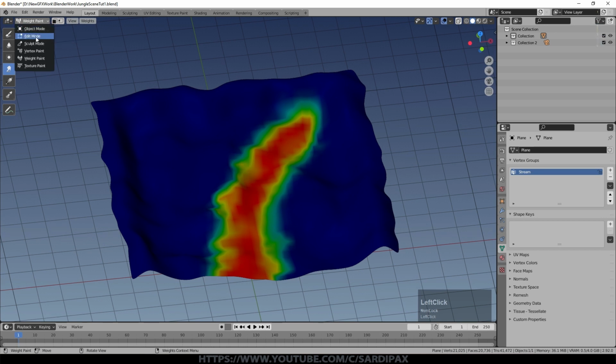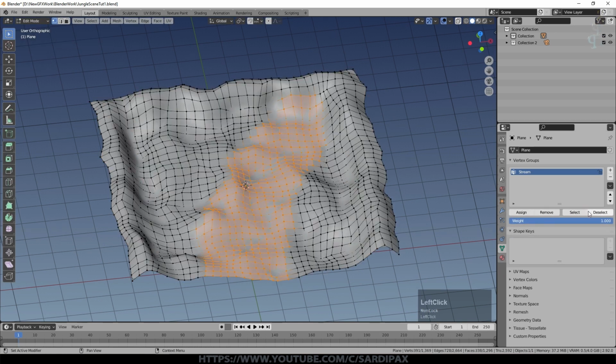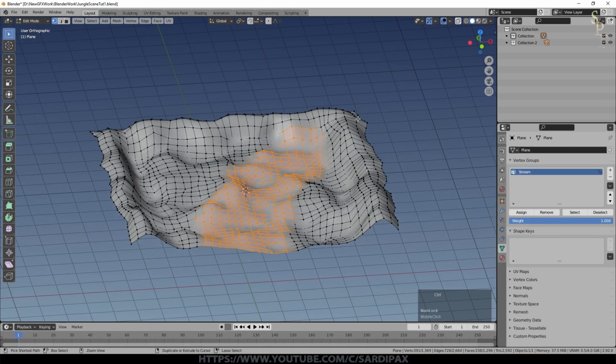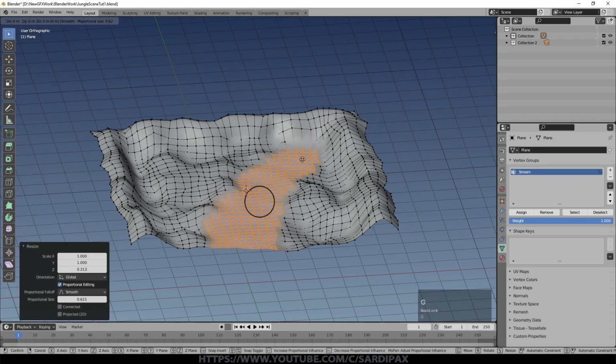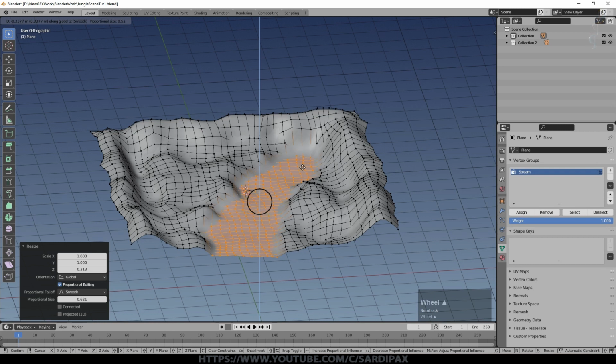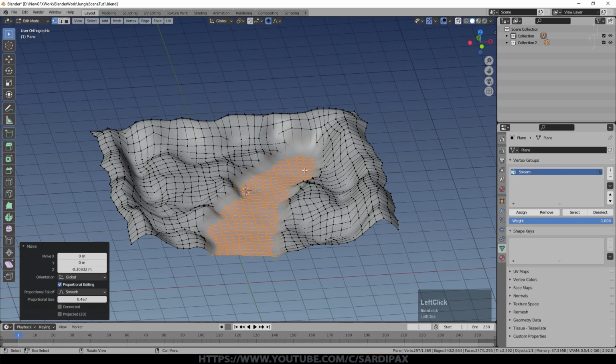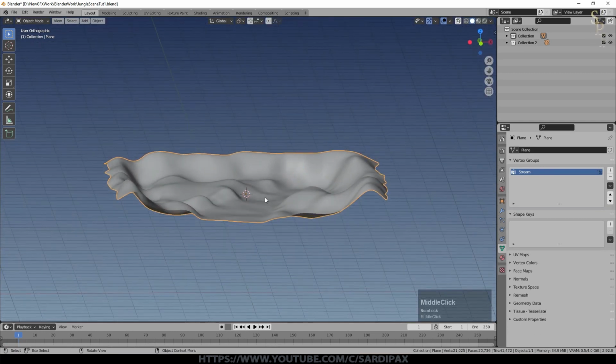I'm going to go back to edit mode, and I'm going to select the area that I have selected. I'm going to shrink it a bit because there is a bank there. Then with proportional editing switched on, I'm going to press S for scale and Z and reduce the scale a little bit, perhaps not have that proportional editing too big, and then G Z to lower it a little bit. And I'm just reducing that scale, that proportional editing size down a little bit as I go. I don't want it very deep, I just want it to be slightly lower than the surrounding area.